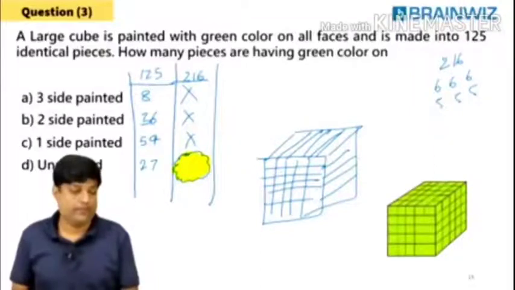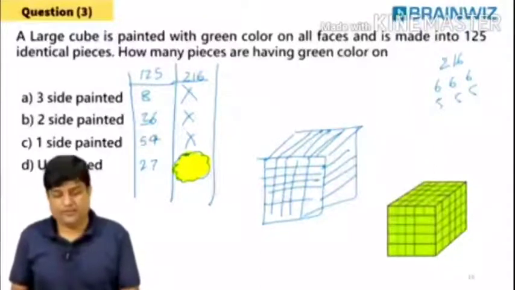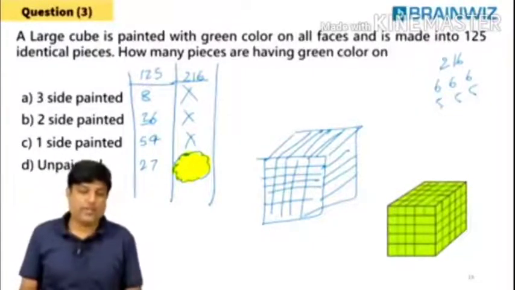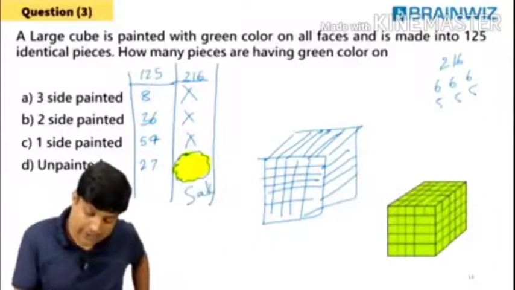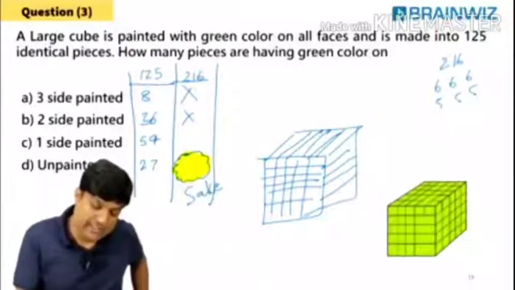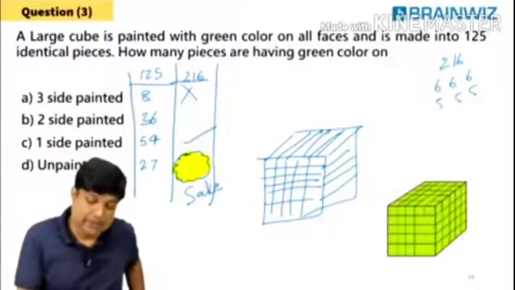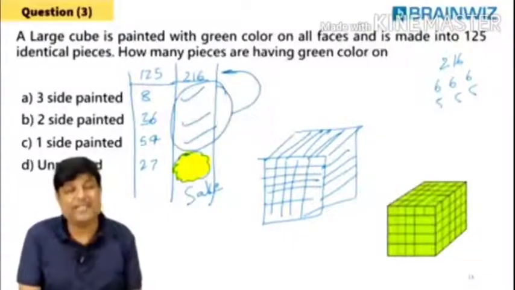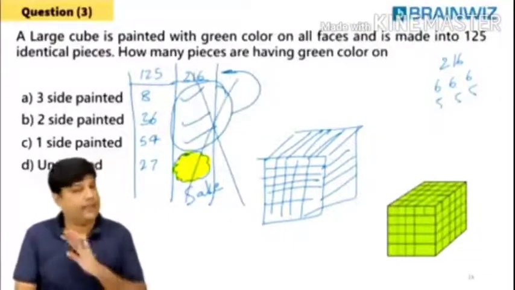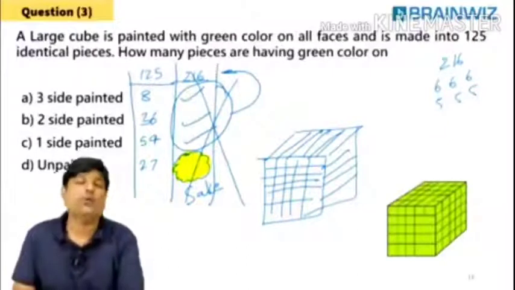Come on. Only one question I want. I don't want all these questions. Now, students, for the sake of one question, will you take the time in getting this answer? After bringing these three answers, you will subtract from 216 and get only a single answer? No, no. Never. Then, sir, how to do it?